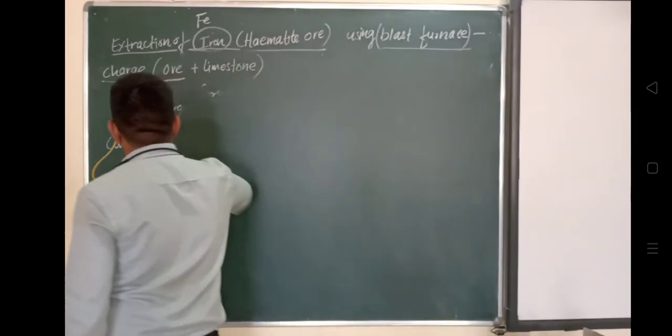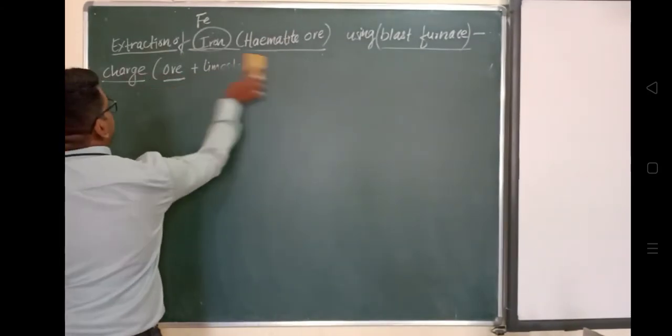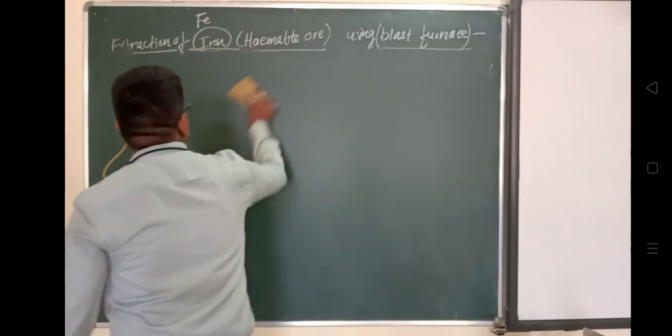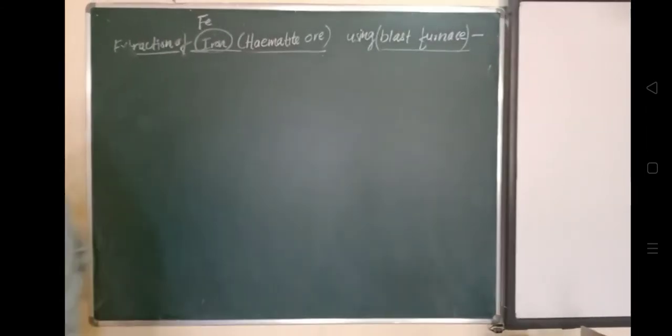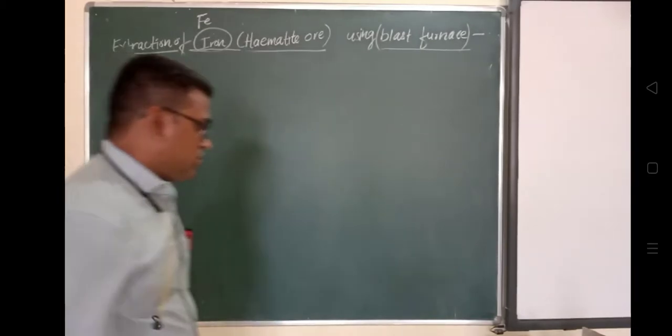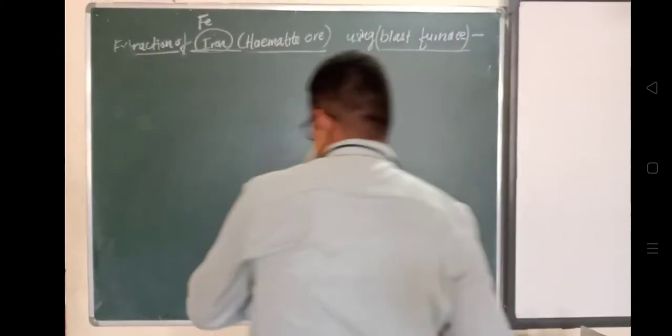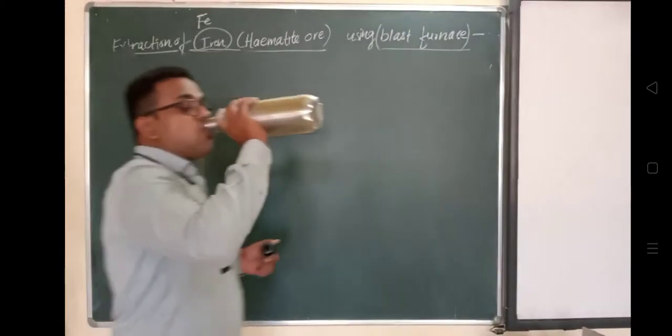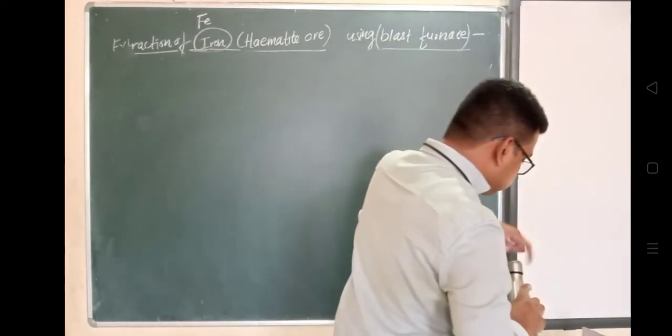There are different temperature zones present in the blast furnace. So the temperature goes on increasing from top to bottom in the furnace. Suppose this is a blast furnace, then the temperature will go on increasing from top